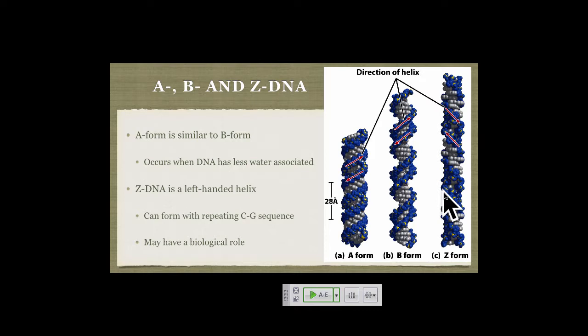It was created first artificially in Alexander Rich's lab when they were playing around with the DNA, and they put it in a very high salt concentration, and then looked at it with X-ray crystallography, and it had flipped into this Z form, and there was obviously a publication there. There's a certain DNA sequence, I won't go into the details of it, that biologically should form Z-DNA, but I'm not really sure there's compelling evidence that it's biologically important. The main one we're going to focus on is the B-form DNA, which we think is most relevant biologically.